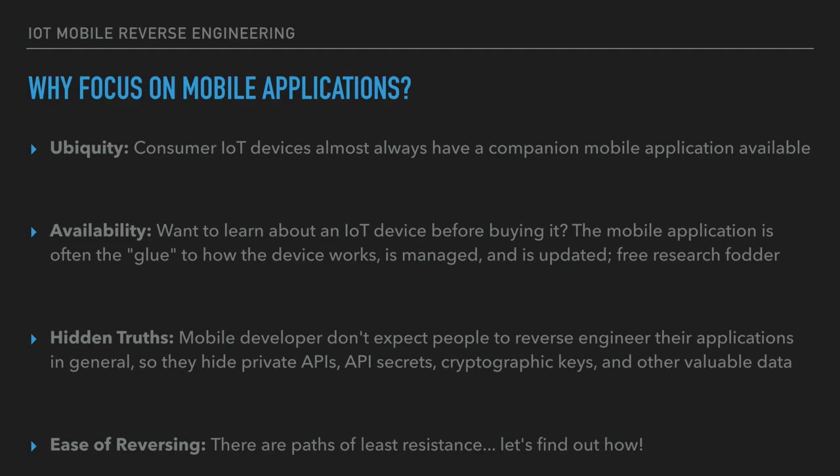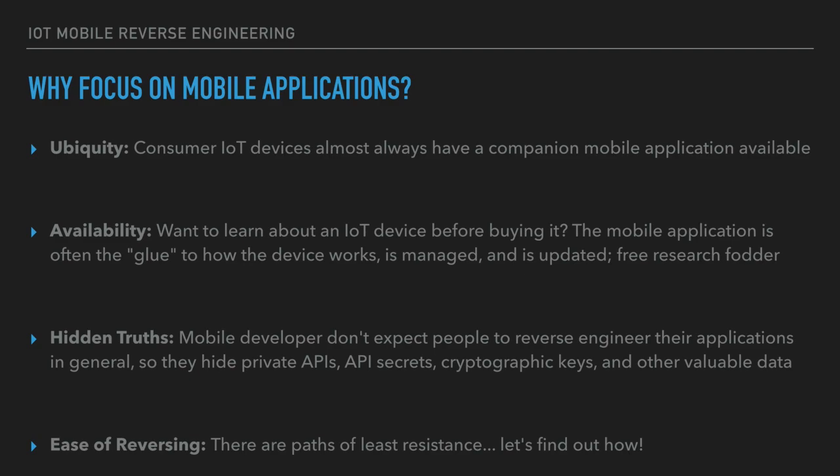The availability of an iOS app or an Android app is, generally speaking, for a consumer IoT device, going to be free. So you can download it, and if you're able to go through some of the steps we're going to talk about today, you can look at the code and never have even bought that device. That's a really big advantage, especially for research projects, because you can look at, let's say, a dozen mobile applications, and maybe you can find secrets, maybe you can find private APIs. That can all be done without ever even purchasing the device, let alone opening the box, opening the unit,